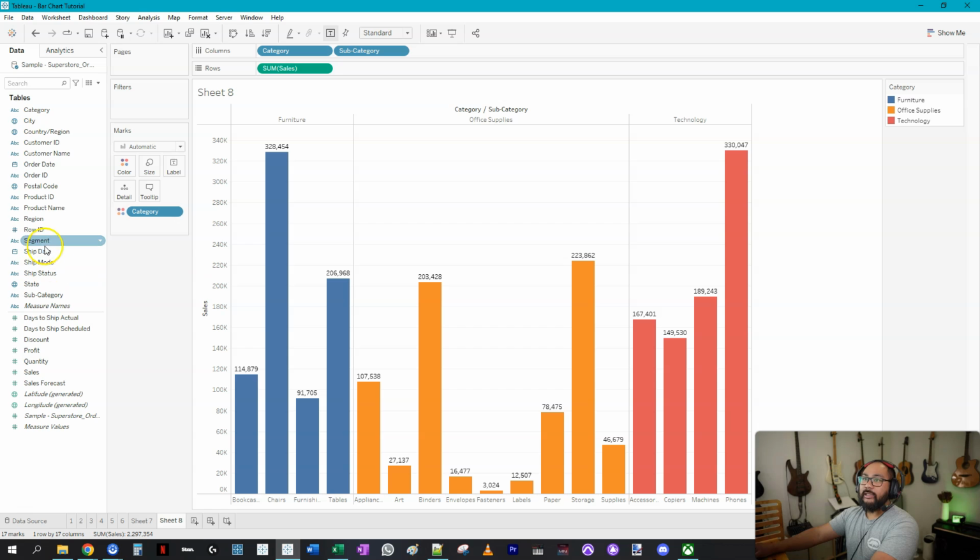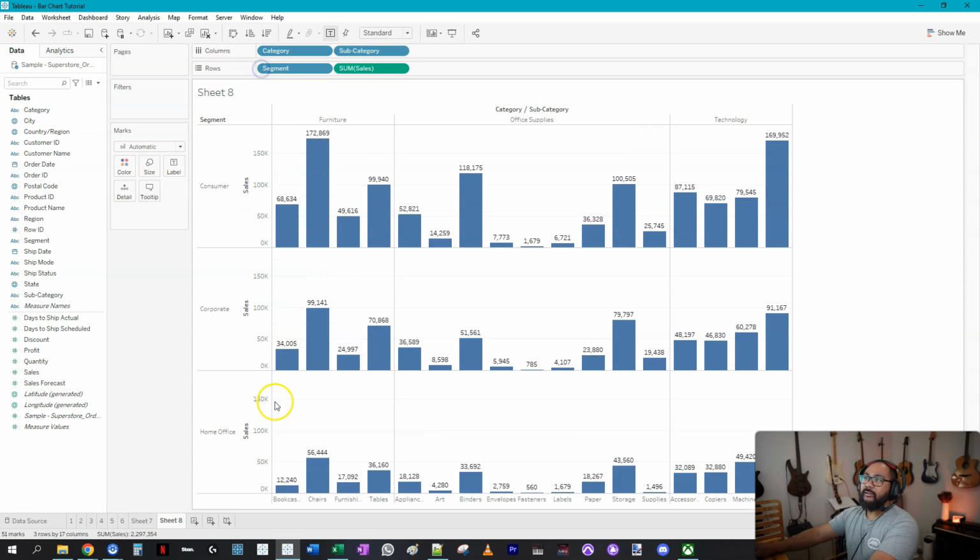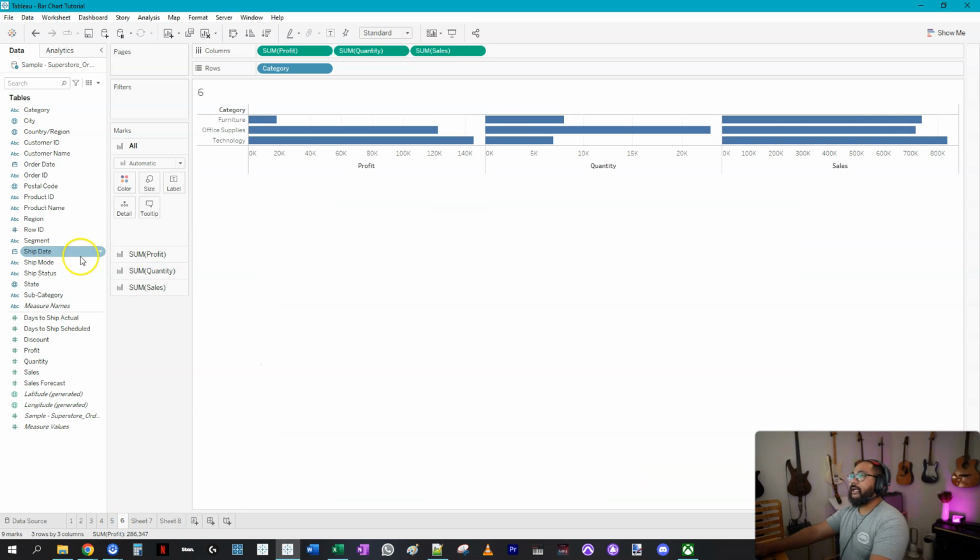Now another way to look at this is if I drop segment into color, you can see those individual segments that make up the total sales for bookcases. But if I don't want to show it like that, I really want to show it here in the rows. I can split it up that way. Okay. Now the very last example is,